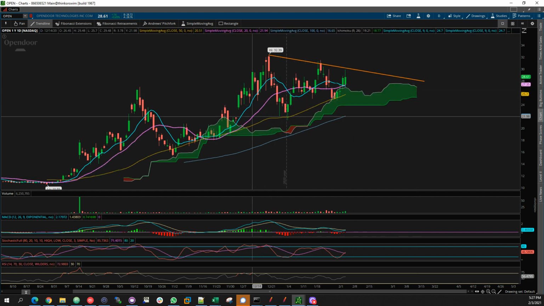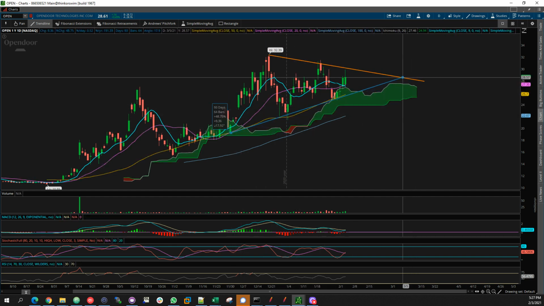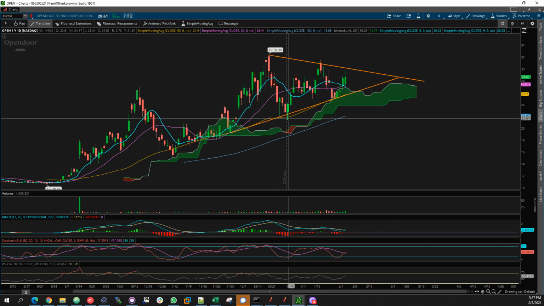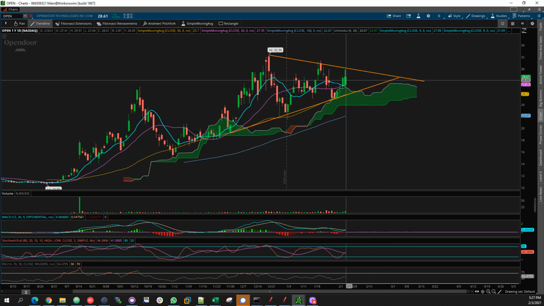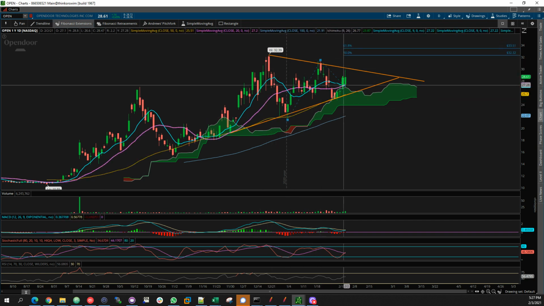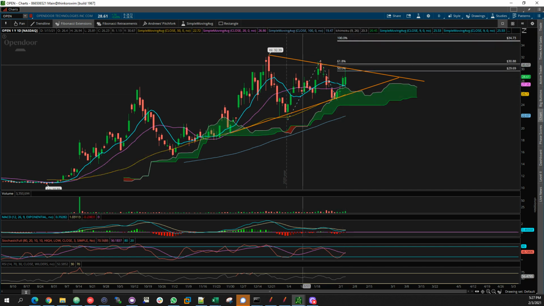But actually, very clear and distinctive support at the 50-day moving average on the daily. Cloud top support, it could hang around here and just chill out on this name. What I mean by chill out is give it some time. I think this is a bullish scenario looking at the chart. Again, I don't know what the company does. I don't know their financials and I have not followed the name, but just looking at this extension,